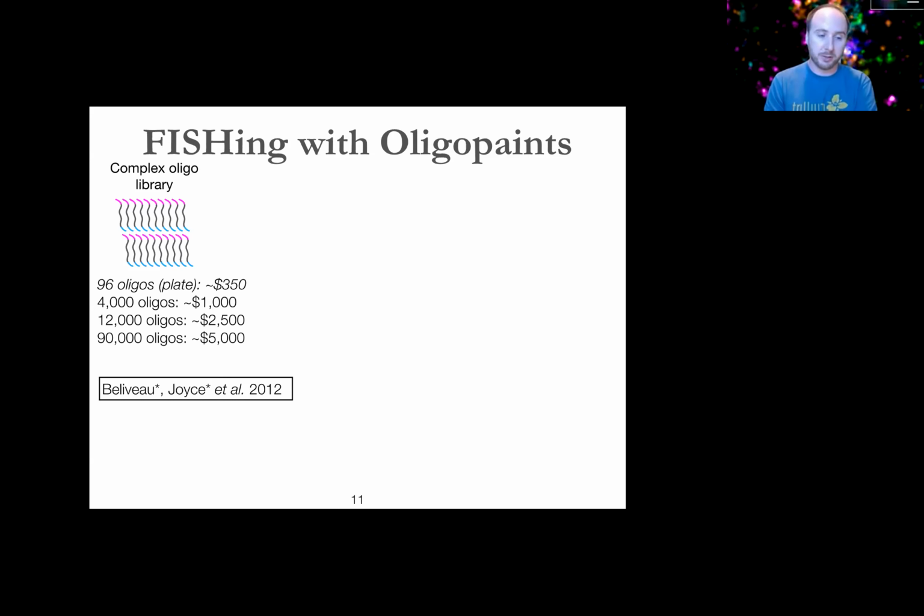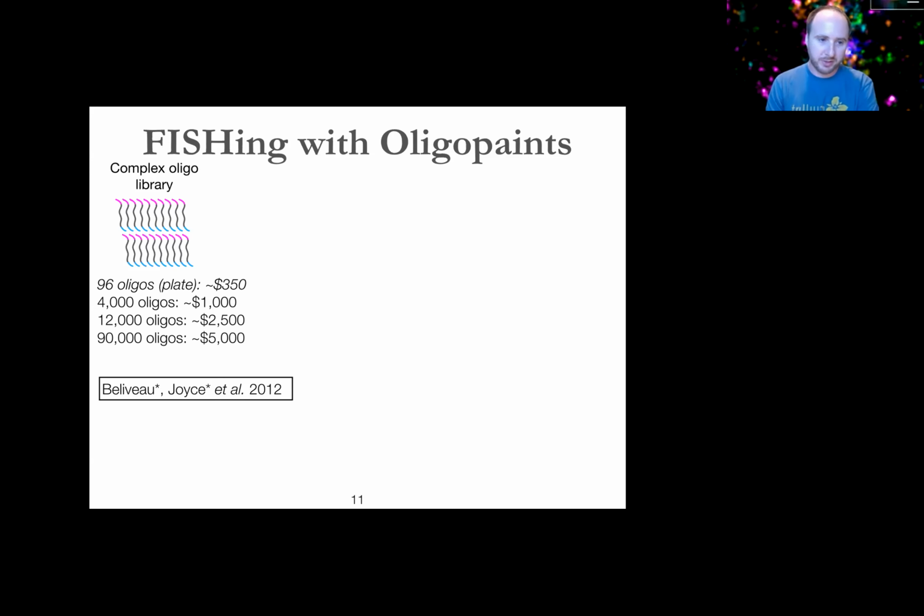The other options scale much better in terms of the number of oligos you can get per dollar. And so these are the array synthesis products I was mentioning. You can get anywhere from a few thousand oligos for around $1,000 up to, you can push if you want, beyond even 100,000 oligos. There are a few different companies now that'll sell you pools in this format. So the larger you make the pool, the cheaper in theory you're getting. The deal you're getting in terms of base pairs per dollar gets better.